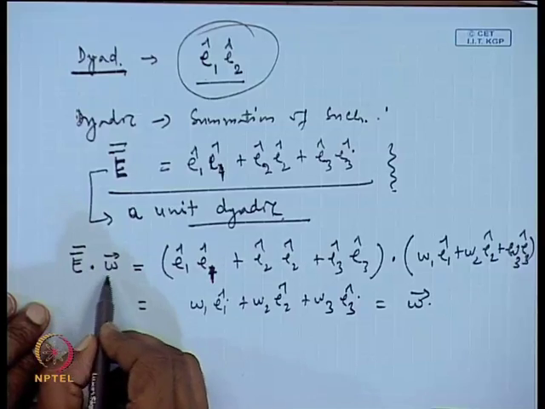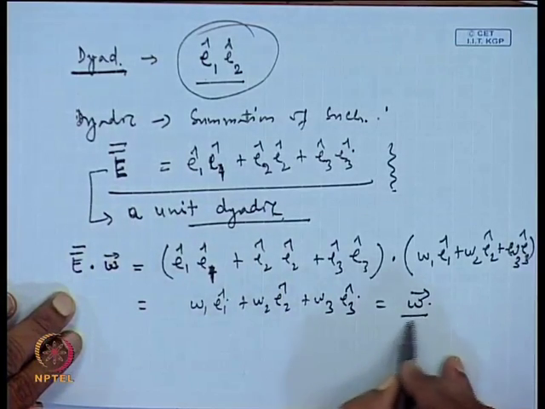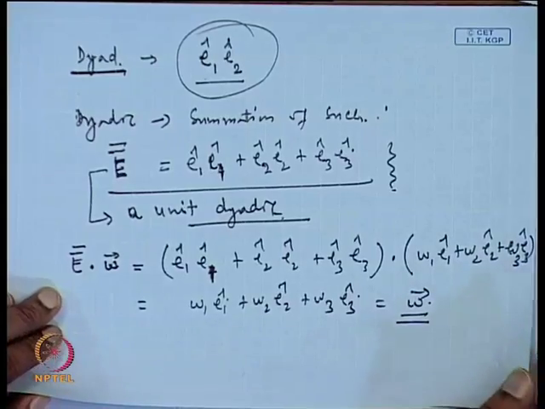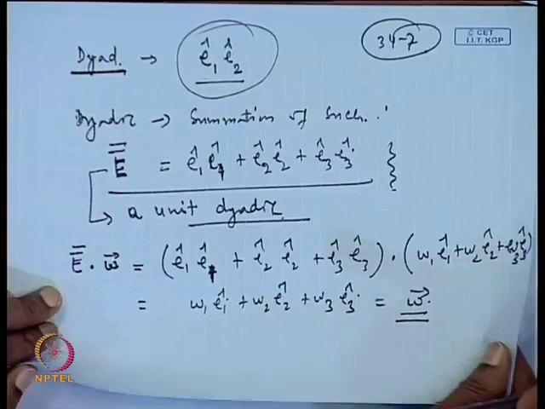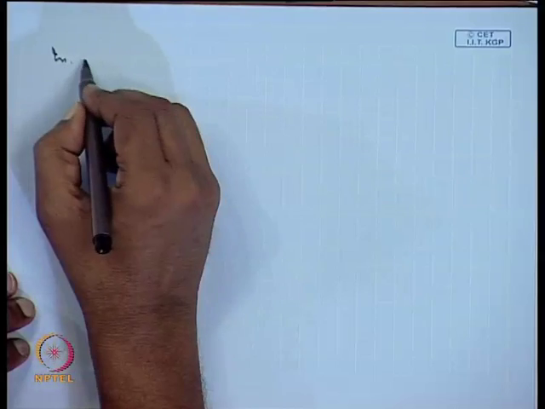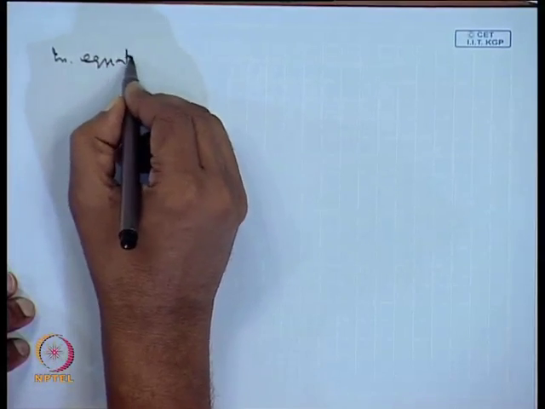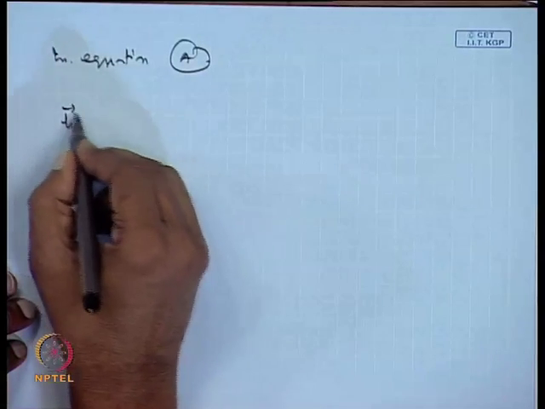So, if we take the dot product of a vector with a unit dyadic, ultimately we get the same vector. If we utilize this property in equation A, we can write H equal to